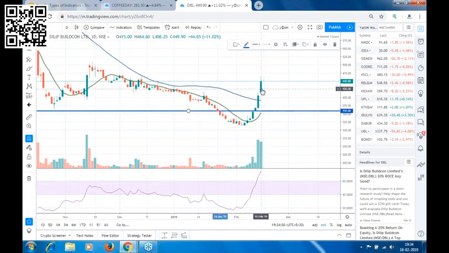And in fact, it has made a high of 464.60. Our target was achieved. So in almost 1 or 2 days, our target was achieved. So this is your trade from bottom, when we see a reversal sign and when the stock closes above the 10 period moving average.